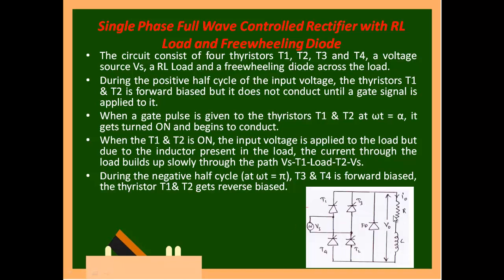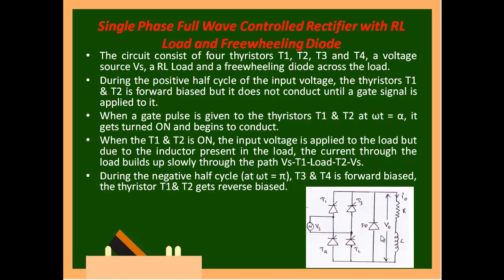You might have heard this word somewhere else also, like freewheel, not diode, just freewheel. I think you might have seen it in automobiles, in two-wheelers, four-wheelers, in your generator at home. All of these have a freewheel. A freewheel is nothing but, if there is any sudden decrease or increase, it will absorb it and keep the machine running at the same speed. You might have also seen in agricultural land that they use a motor, and with the motor they connect a big heavy wheel. That heavy wheel is nothing but a freewheel.